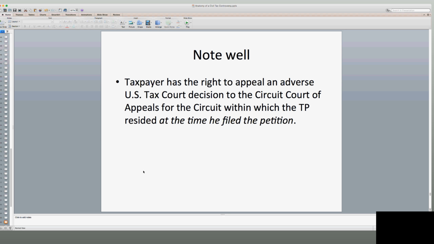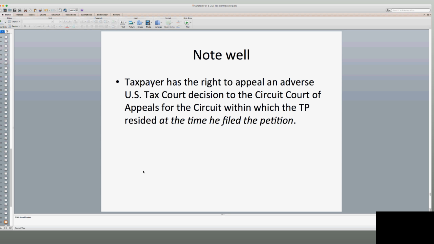So basically, without getting into too much detail here, let's say, for example, you have a taxpayer who resides in the state of New York. And that is considered the Second Circuit, Manhattan, New York, Midtown, Uptown, what have you. Let's say that the petition is filed in the New York Tax Court. Well, here's the deal. If there is a published opinion in the New York Tax Court that governs the issue that the taxpayer is disputing, that will carry the day in terms of how the court views that issue and ultimately decides it.